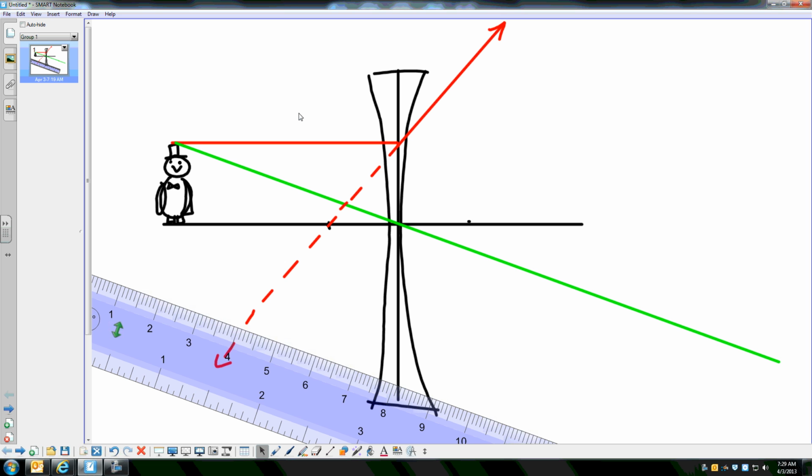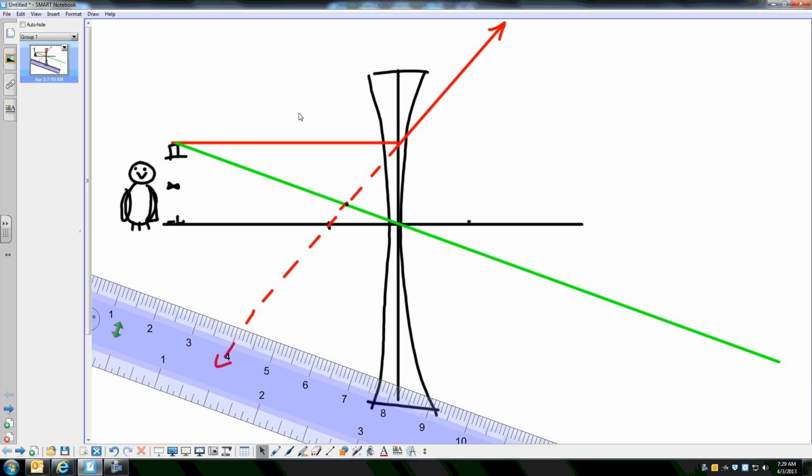There's another ray of light which would go through the second focus, or at least toward it, and I've chosen not to draw it. If you'd like me to draw it, we'll draw it after we've created our image. Our image is right here at the